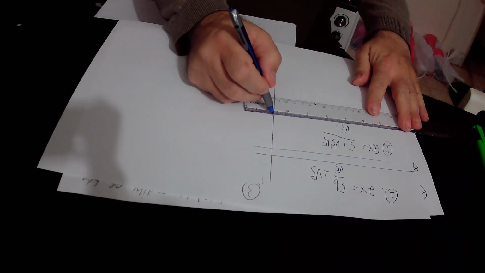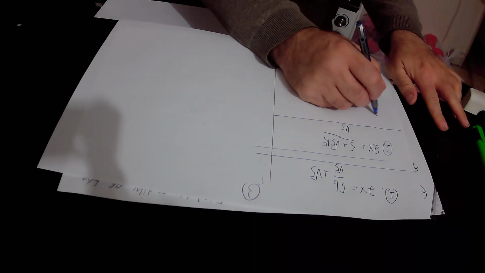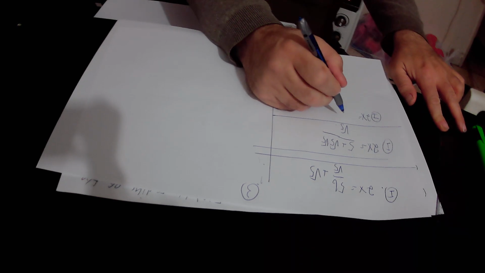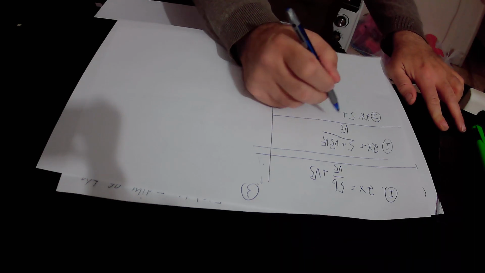So according to equation number 1 we found that 2x equals 5b over square root of 5 plus